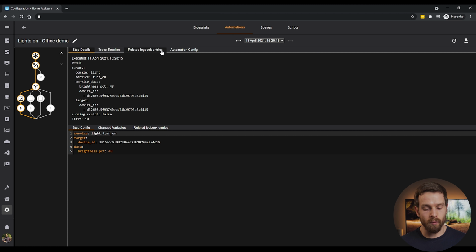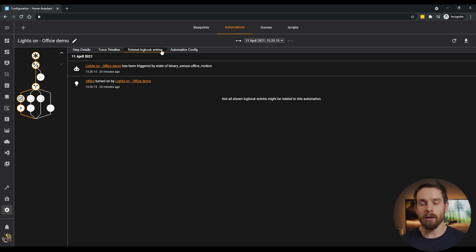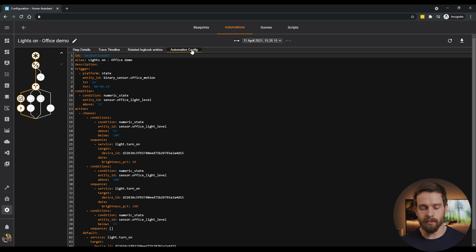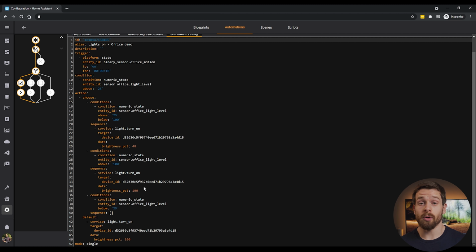If you click over into related logbook entries, these are basically any entities that are related to this automation. So if an entity changes state because of this automation and it is listed in the logbook, you'll see that appear here. Finally, we have the automation config, and this is the YAML config of your automation. This is basically the full code of your automation. So you can go through, look at the code and see if it matches up with what you